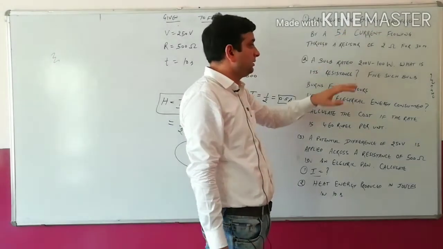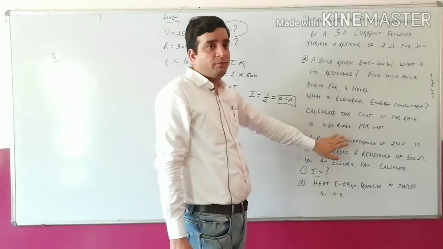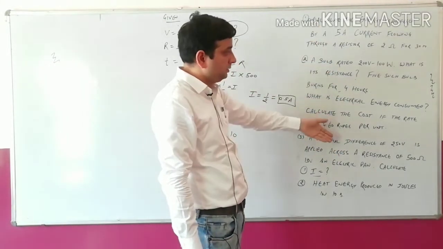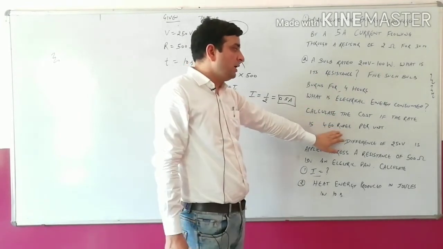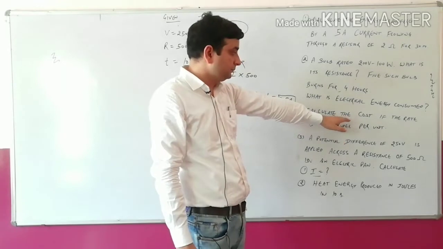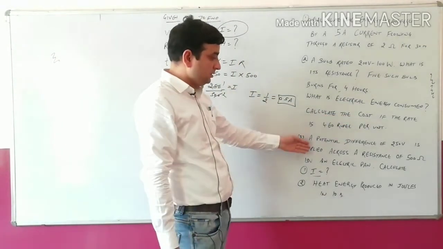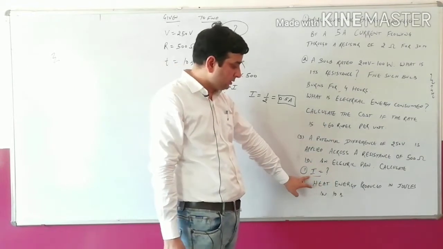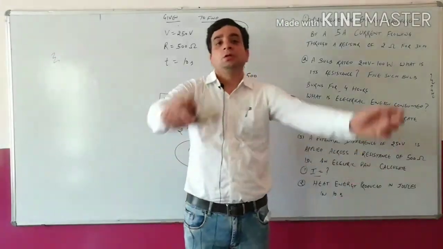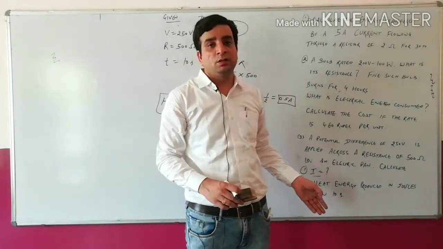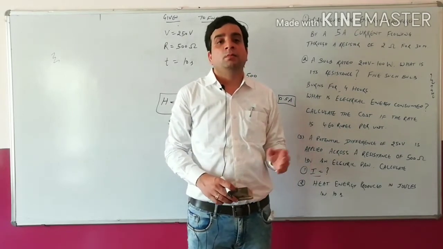So how much energy transfer happened? In the second numerical we calculated three terms. If the question is of 5 marks or let us assume 3 marks, 1 mark for the resistance, 1 mark for the electrical energy consumed, and generally 1 mark for the cost of the total energy consumed. Next was potential difference. Again they are asking two terms, current and electrical energy, heat energy produced. Generally these types of numericals come, they will give you 2 parts or 3 parts depending on the mark distribution, and each step has a mark distribution.